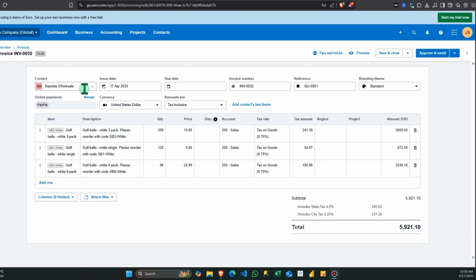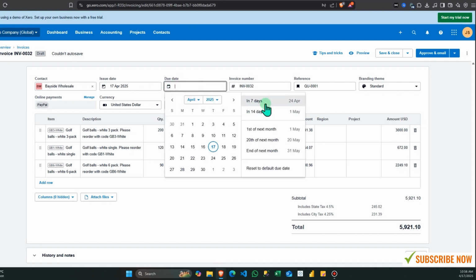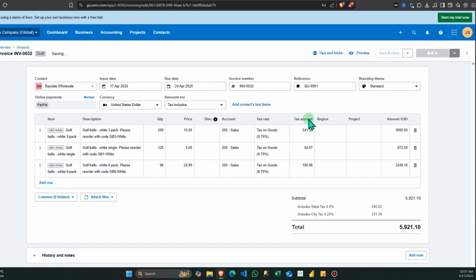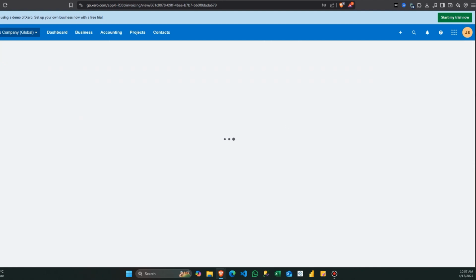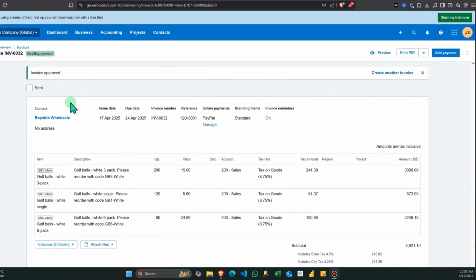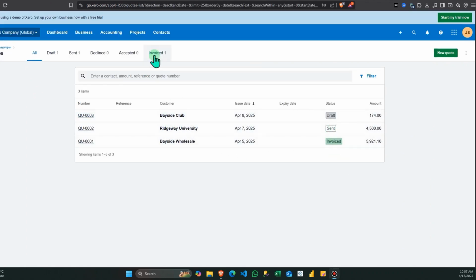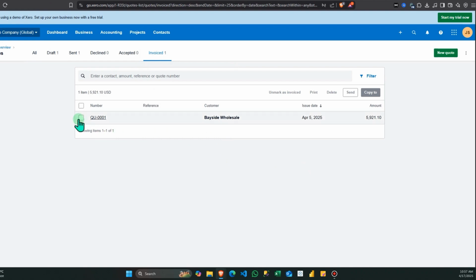It will show you the detail, and you just have to approve an email and approve. It's just invoice approved, and you can click here and mark it as sent. And when you come down again right here, it will be invoiced. You can click again and unmark it as an invoice,